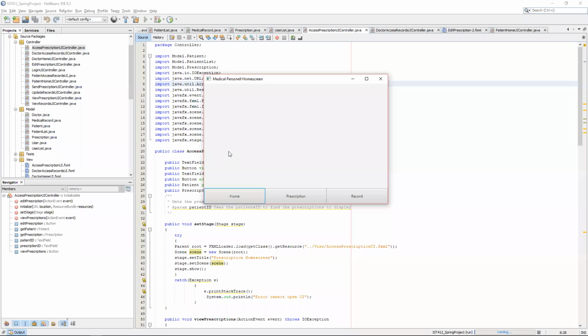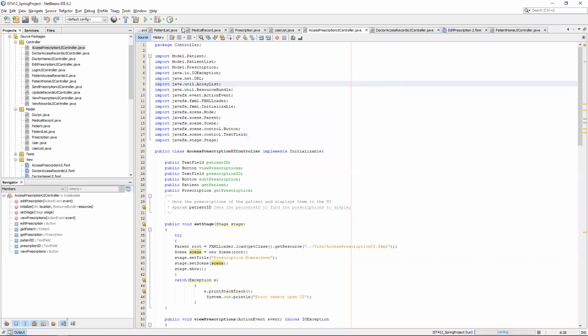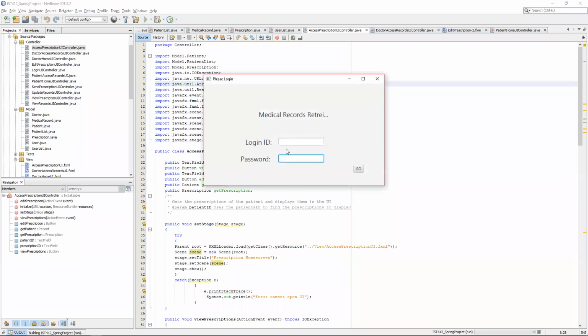So we just logged in as a doctor and got past that first login use case. Now, if you wanted to view a record as a doctor or medical personnel, you would choose the record box and type in the patient ID. We're just going to test it with patient 0 and click view patient records, and all their information comes up on the screen. So that's our first use case. Our second use case,